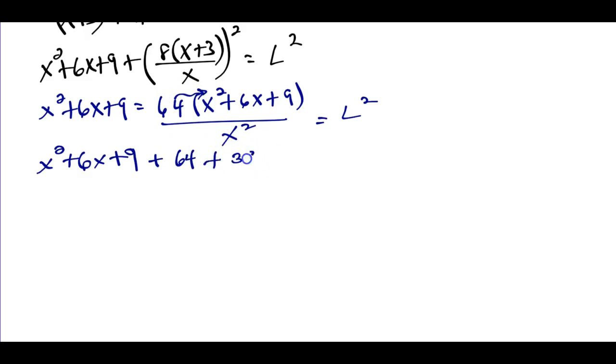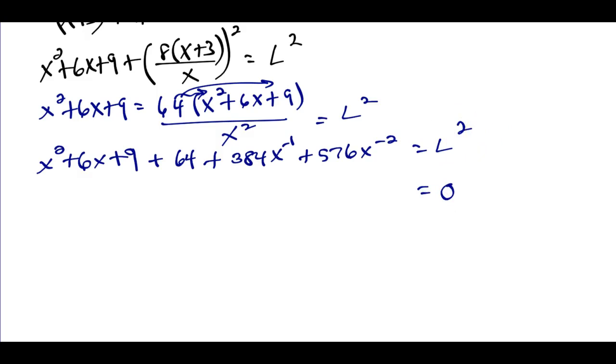plus 384x divided by x squared is x to the negative first. And 64 times the 9 is the 576. And then I've got divided by x squared, but I'll bring that up top so it's easier for me to take the derivative of. Now over here, when you take the derivative of L squared, remember L is the length